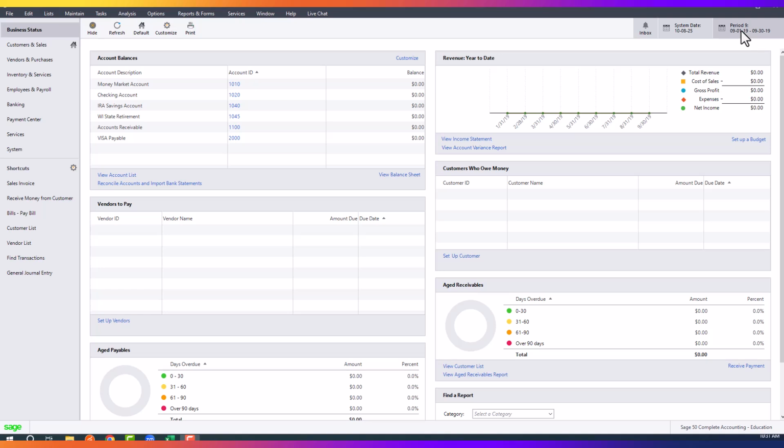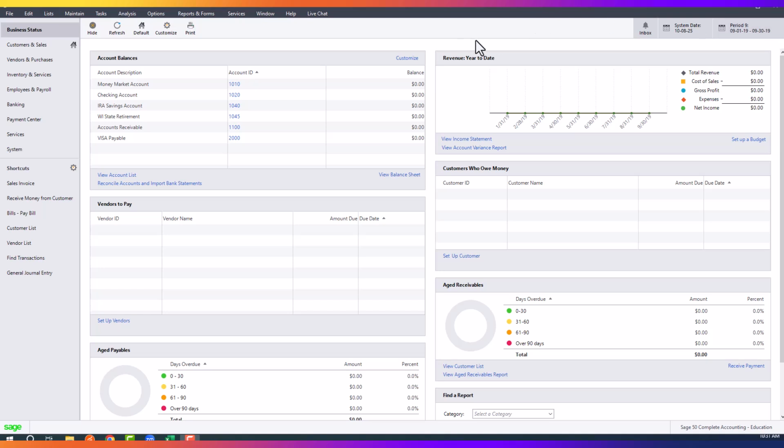The reason why we have to do that is because the balances provided to us on the balance sheet are as of October 1st, and if we had set it up as the period being October, the system would put those balances in as of the end of October as opposed to the beginning of October. So if we want them to show up at the beginning of October, we actually need to select the previous period because the system will put them in as of September 30th, which will make them the balances as of